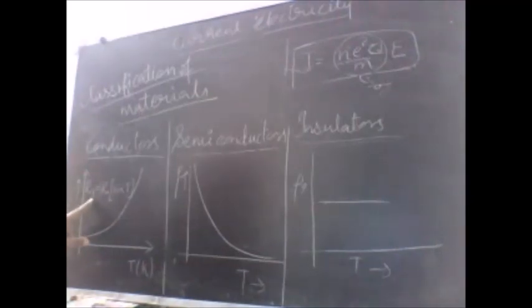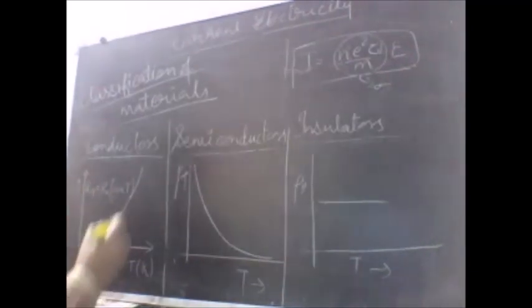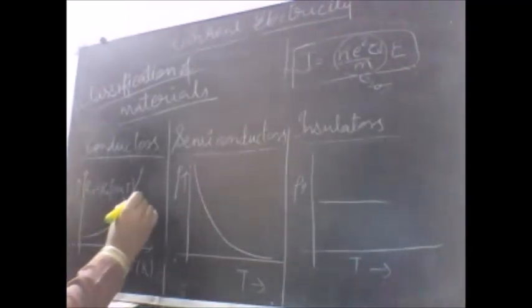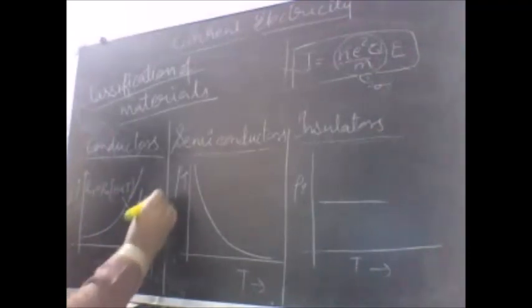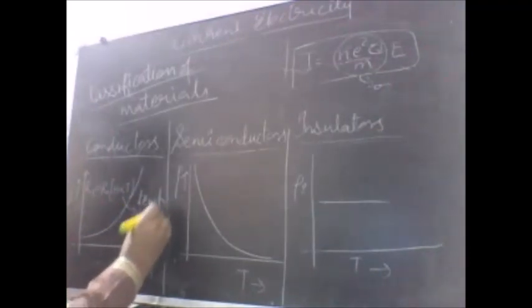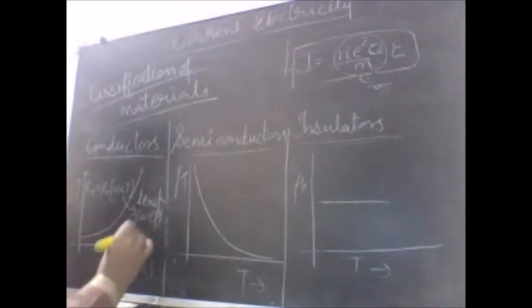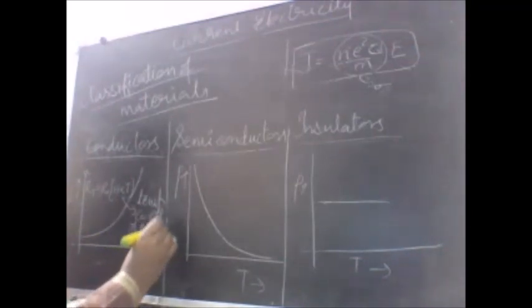Here R_T is the final resistance at some temperature, R naught is the original resistance, and this alpha we call the temperature coefficient of resistance or temperature coefficient of resistivity. Instead of R you can write rho also, the formula stands valid. So here alpha is the temperature coefficient of resistance,